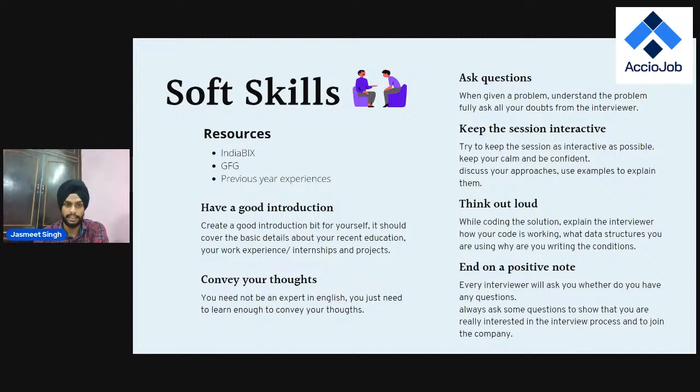The next part is thinking out loud. So what does thinking out loud mean? We got the question, we asked the interviewer about all our doubts, we clarified them, then we built an approach, we elaborated it, and we used some examples to discuss it. Now when it comes to the coding part, we should not just start coding and code it all out, and then at the end say, yeah, we are done with the code, now can you check the code. No, that's not the case. You should always think out loud, right?